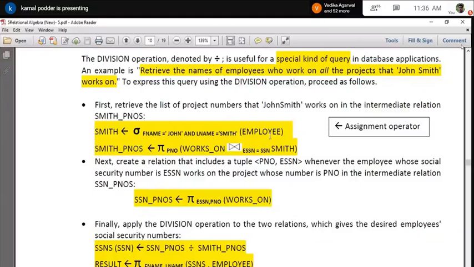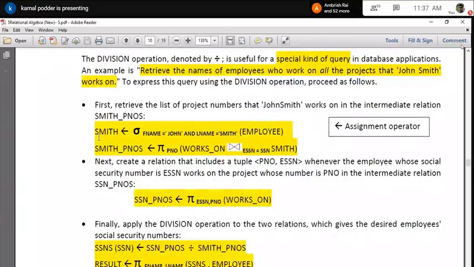What I have done first is access from the employee relation the record of John Smith. Mind it, I do not know the SSN number of John Smith. That is the reason I first have to find that out. In all other relations I am not referring to his information with his name, I am referring to it with the SSN number, but I do not know the SSN number. So how to know that? First you access his record. The relation I got is nothing but the information of John Smith.